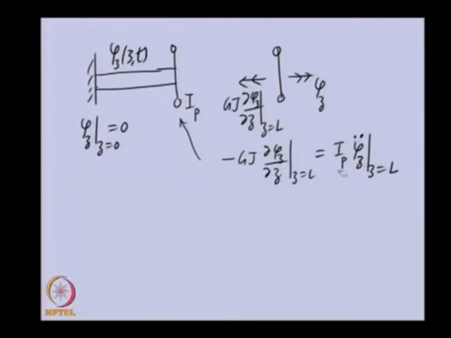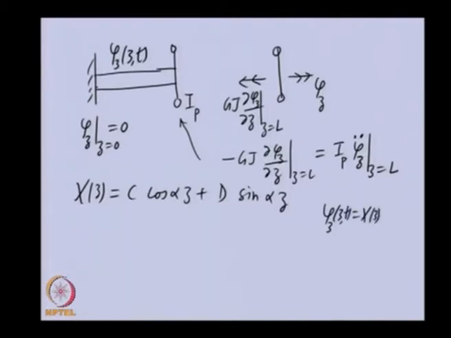Now let us see how this boundary condition gives complexity in the solution. So we had the equation like this, in which C and D we need to obtain with the boundary conditions. Because we chose this phi z as the multiplication of the spatial function and the time function, in this particular case the time function is not there. So I am satisfying here.